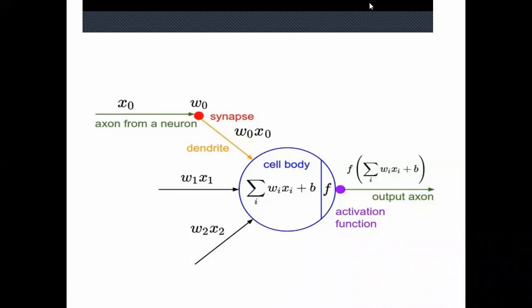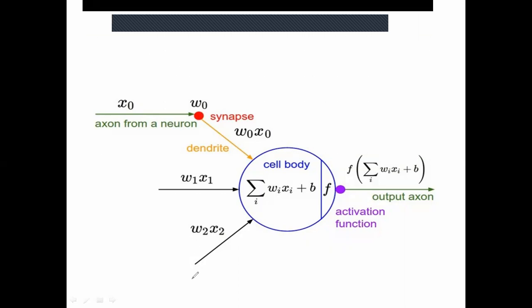So what is happening over here? You can see when inputs are coming, those inputs are being accepted by the dendrites. Then these synapses are adding the weights depending upon the importance of each feature. Like in the IRIS database, if petal width is very important in order to classify the output, then the weight that is attached to this is more as compared to the weight that is attached to, suppose, sepal width.